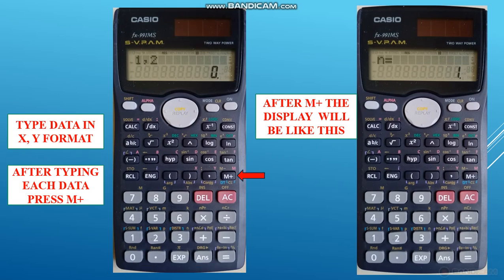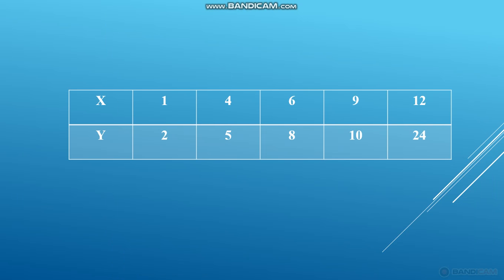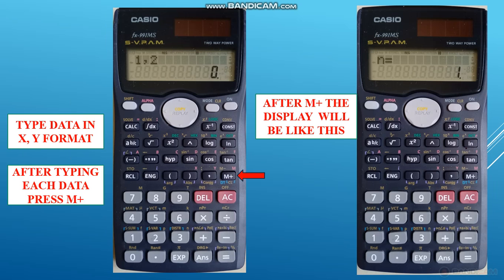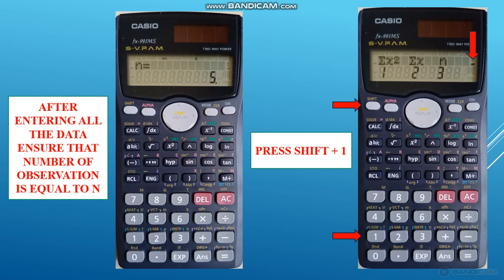In the sum we have 5 observations, that is x1 y1, x2 y2, x3 y3, x4 y4, and x5 y5. So in the end you will get n is equal to 5. So after n is equal to 5,